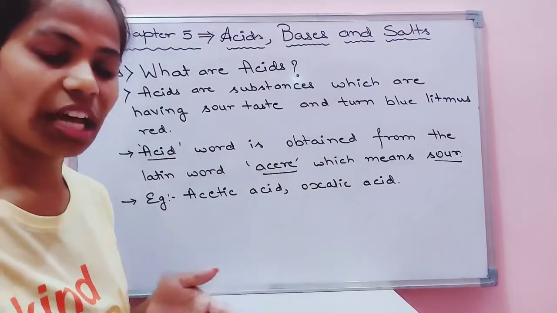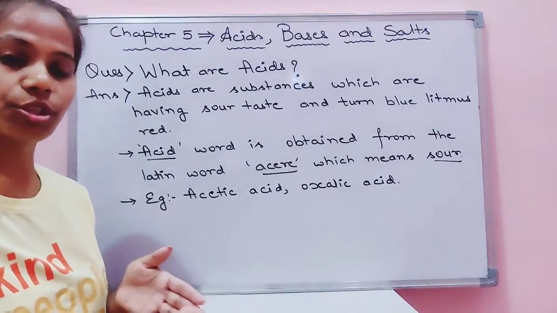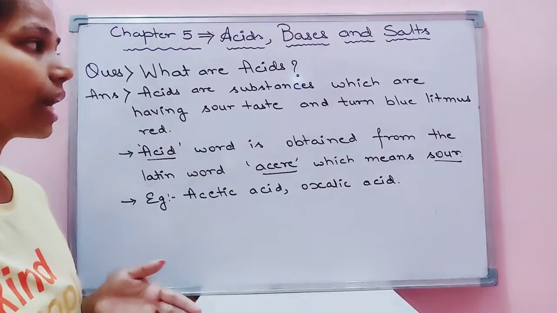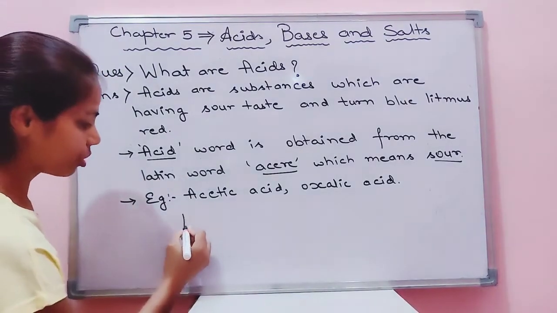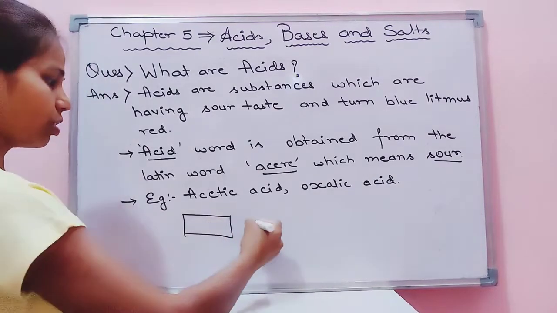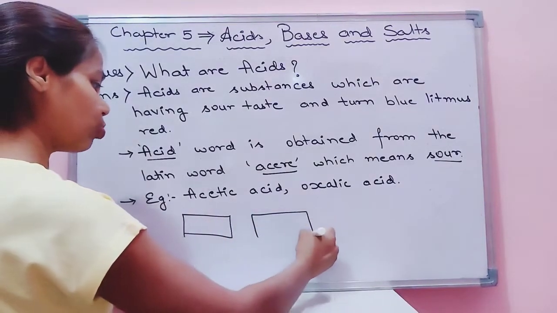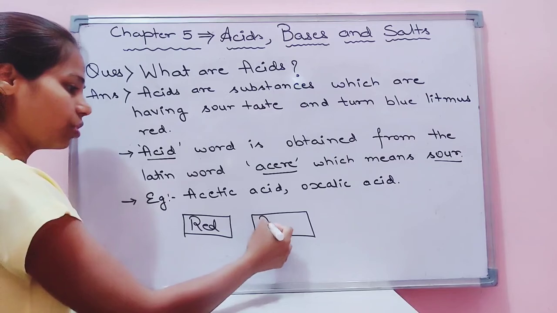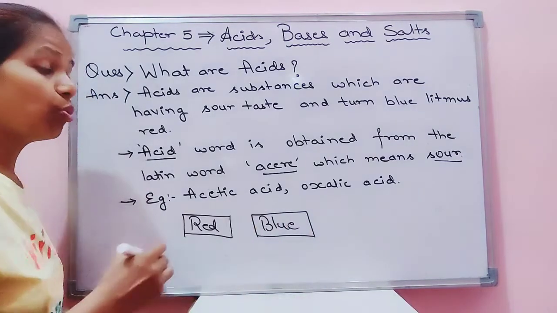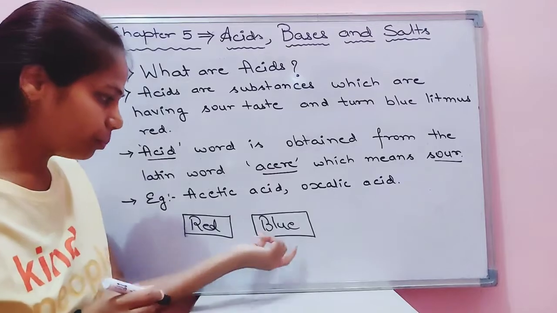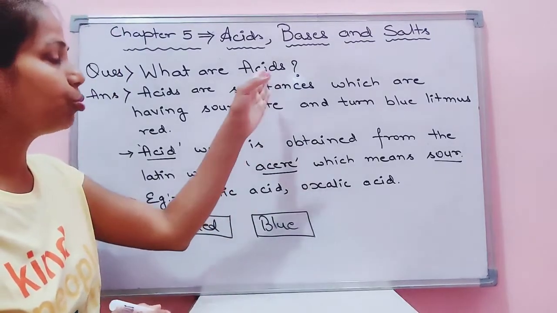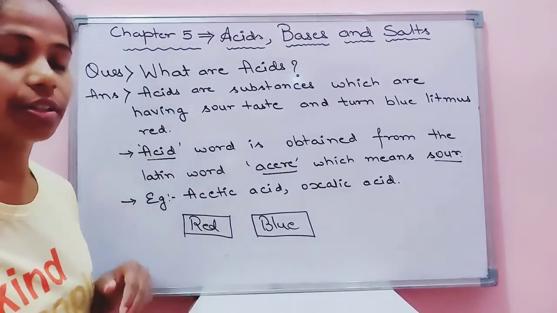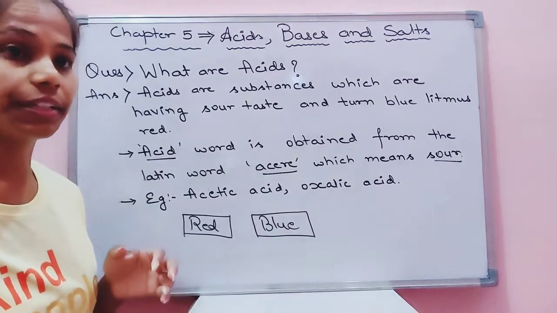Lichens we had studied in the last chapter, that it is a symbiotic relationship of two organisms, that is algae and fungi, which is found in nature. From that we make the litmus strips. Those litmus strips, children, are found basically in two colors. It is found in red color. It is also found in blue color. So if you dip the blue strip into the acidic solution, it will change its color into red, which shows the presence of acidic content.